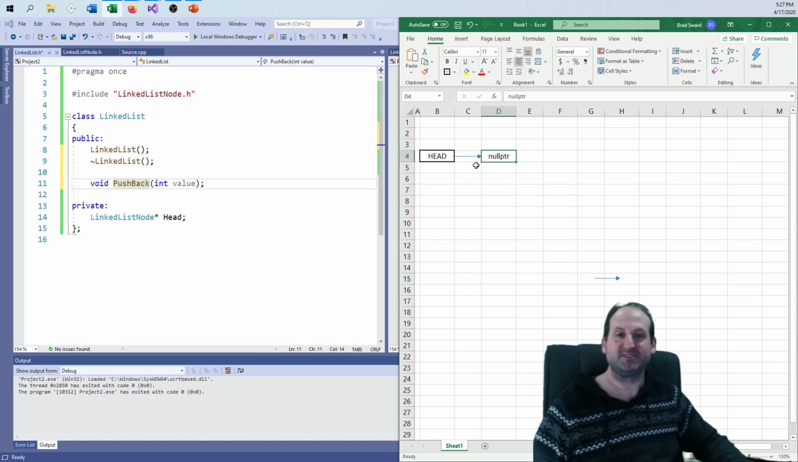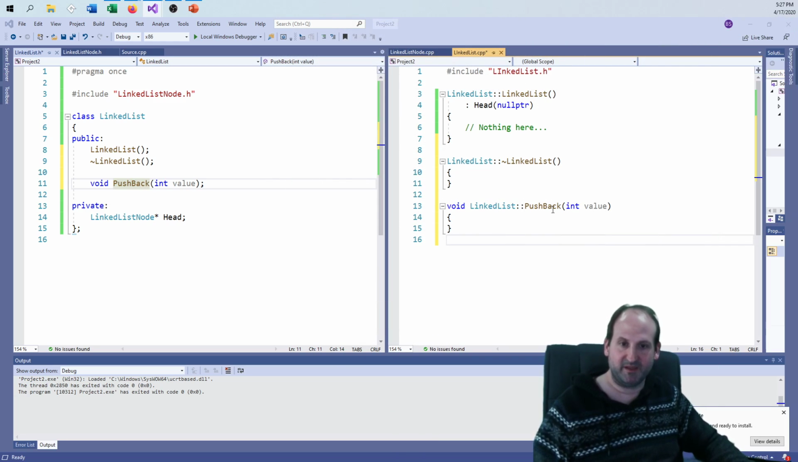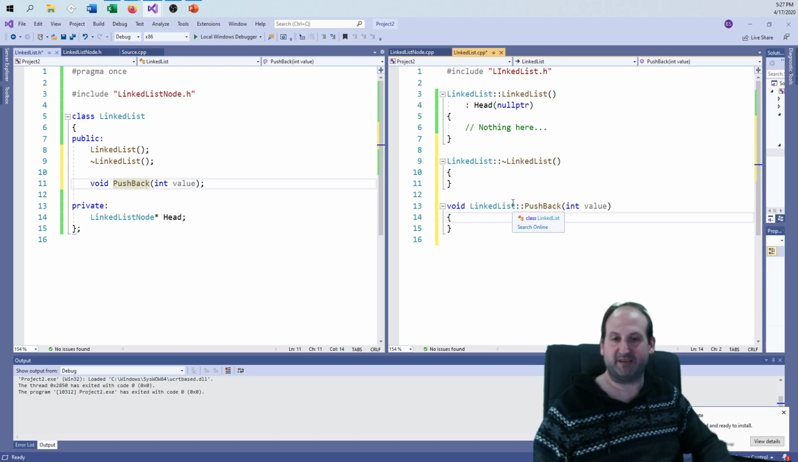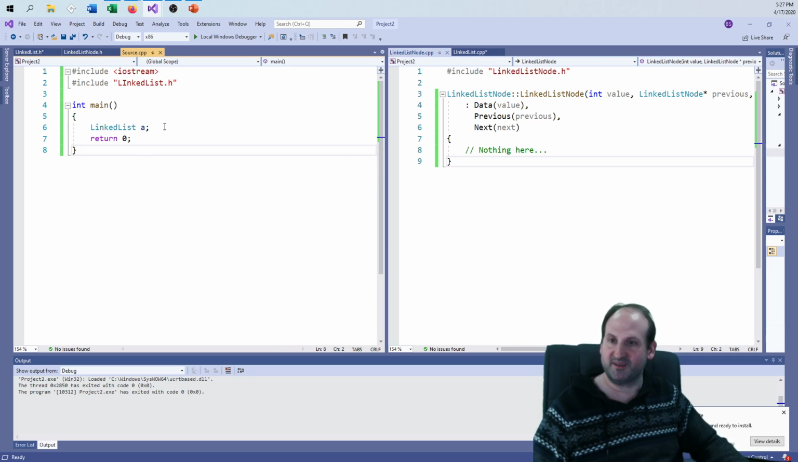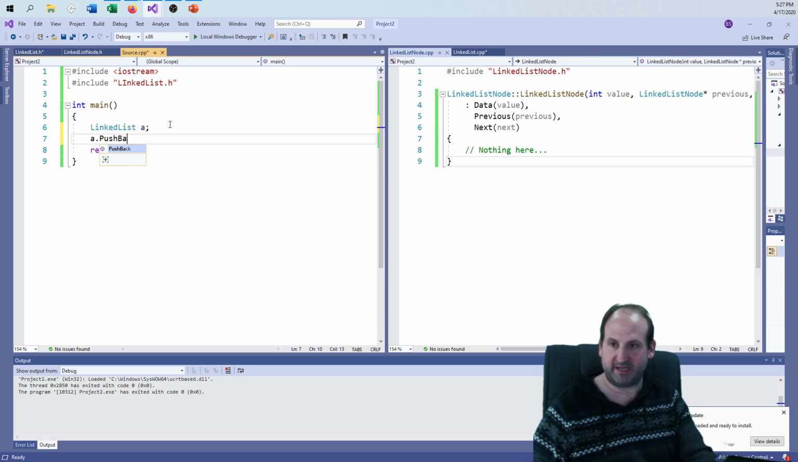And then when there is at least one element in here, I will handle things a slightly different way. So over here in my pushback function, what I would love to be able to do is say a.pushback, and let's put a 1 in there, and then just keep on going, right? Push a 1, push a 2,